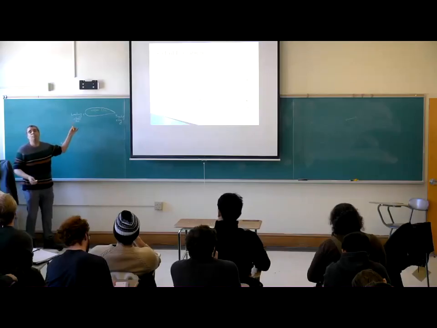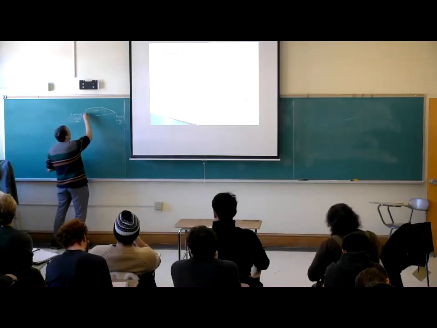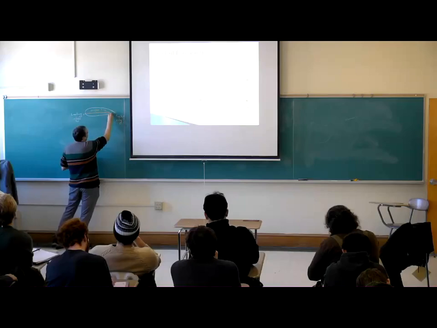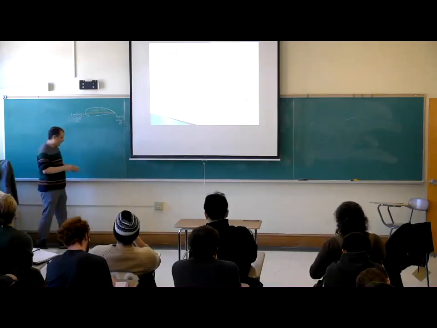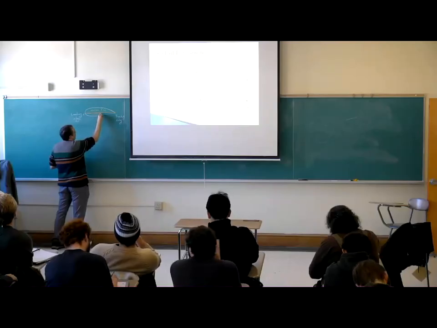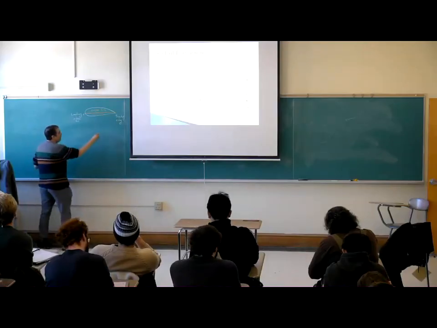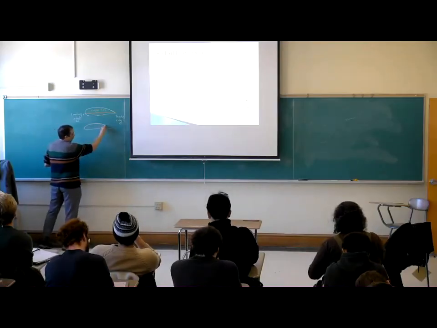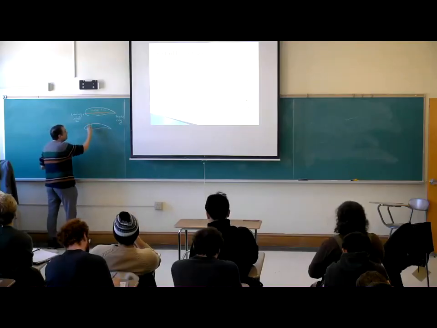Camber line is the mean line of the airfoil. Chord line is a horizontal line connecting leading edge to trailing edge. It is chord line. And this is the thickness